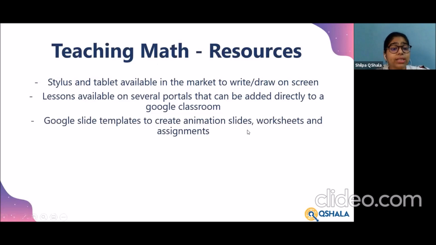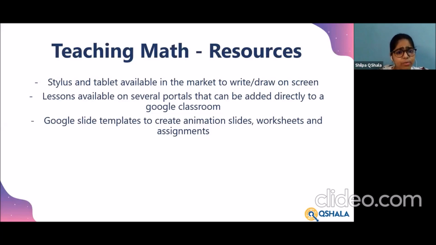Moving on, there are very interesting ideas. I think you should surely go and refer to Pinterest. There are multiple ideas. I just went to Pinterest and spent a good 2 to 3 hours browsing through the different ways that you can make math interesting for the kids, right?